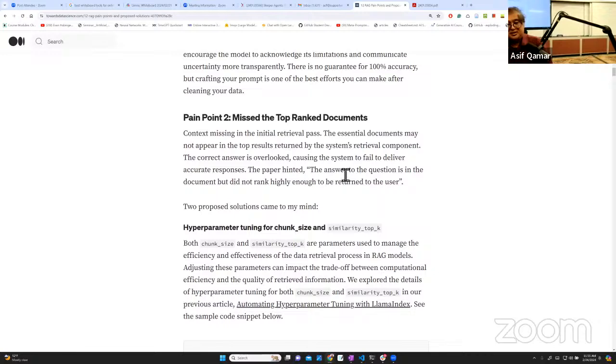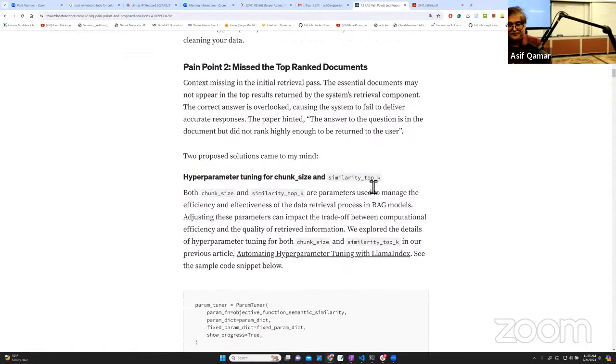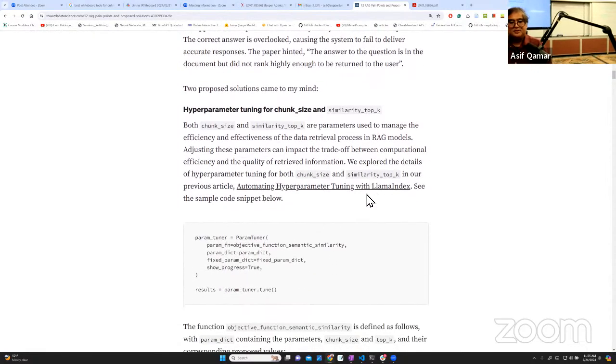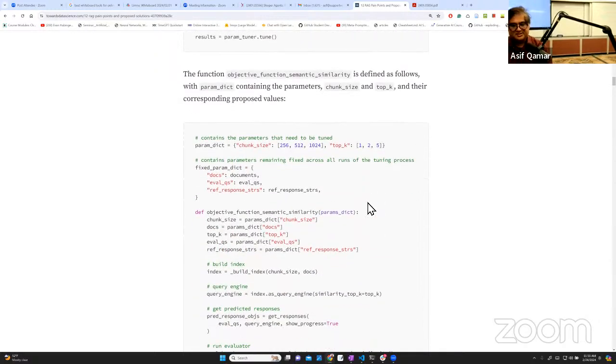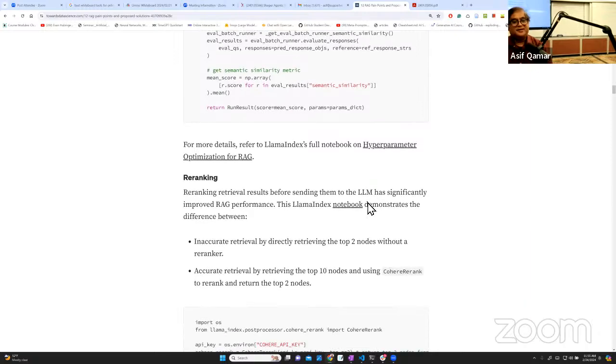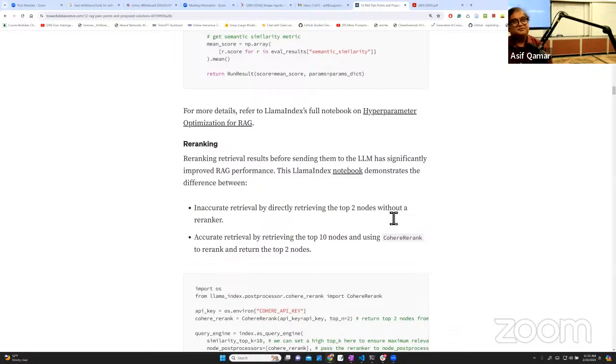Missing the top ranked document. How do you prevent that? Chunk size, was that one of the concerns we were hitting? When would you miss the particular document? In my view, and by the way, this is a good point, in my experience, when you make your chunks hierarchical, not documents hierarchical, chunks hierarchical, I tend to see less of this. But anyway, it discusses it. Re-ranking. Obviously, re-ranking greatly improves the performance. Yeah. What do you mean by